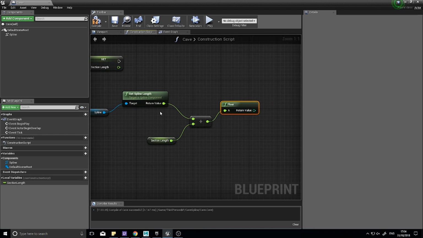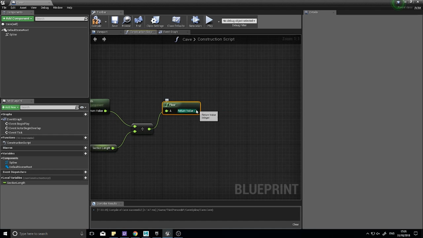Okay. So if our spline length, sorry, is say 400, 400 divided by section length is 1 plus some remainder. This will floor it down and get rid of the remainder. So we just get the 1. Okay, so it means I need to build just 1, and that's going to be the value of our